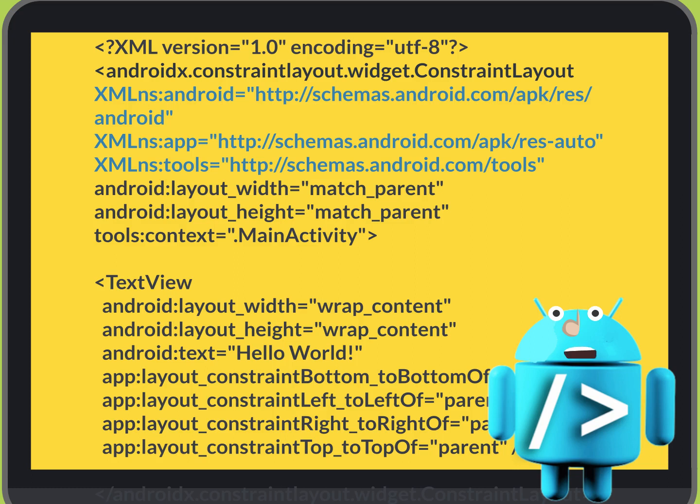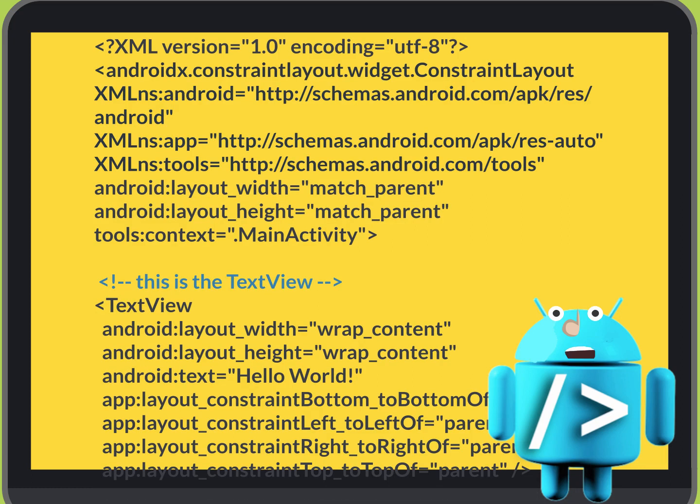2. You may have noticed lines starting with XMLNS, followed by Android, App and Tools. XMLNS represents an XML namespace, and each line of code defines a schema, or vocabulary of attributes associated with those words. 3. You can annotate XML the same way you annotate Kotlin code. Note the first line of the file means that the file is an XML file, but not every XML file contains this line of code.